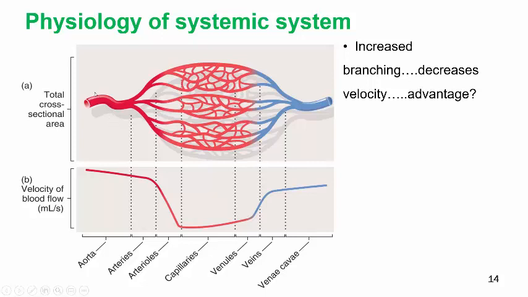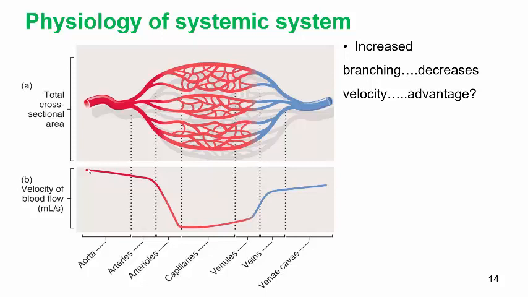We see that we have this large red artery that branches into arterioles, into metarterioles, into arterial capillaries that will then merge back into the venous capillaries and back into venules. If we translate this physical change to what actually happens in terms of the velocity of blood flow, we see that blood flow